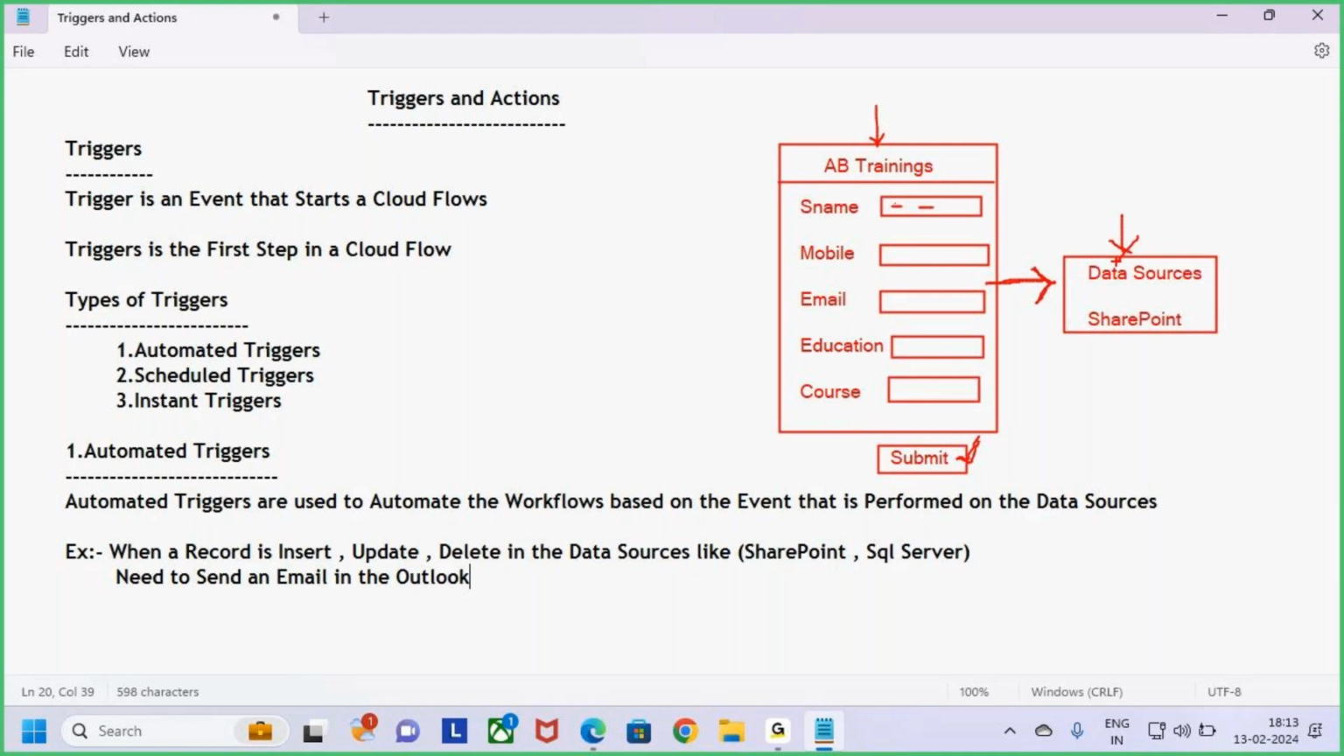Now, whenever the data is coming into the data sources, are we inserting one record or not? Yes. If the data is submitted to the data sources, we are inserting one record there. So whenever the record is inserted into the data source, I said that is when these automated triggers are going to be used. When a record is inserted where? In the data sources. Once I click on the submit button, the data will be inserted